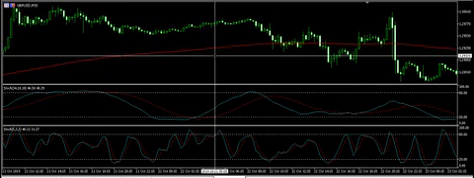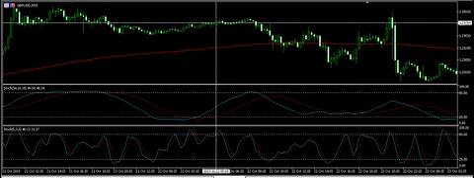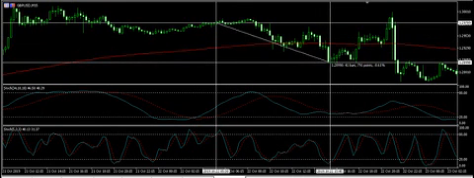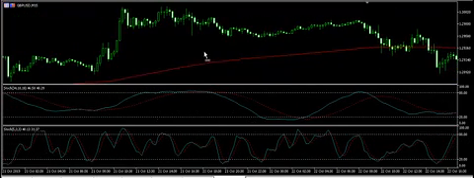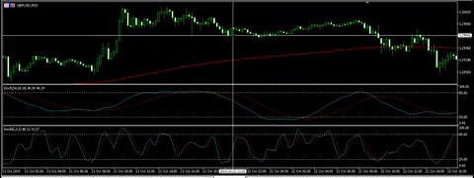Another, you can see over here. Okay, here we get a buy signal, but it will clearly be a loss. Okay, but if we look over here,